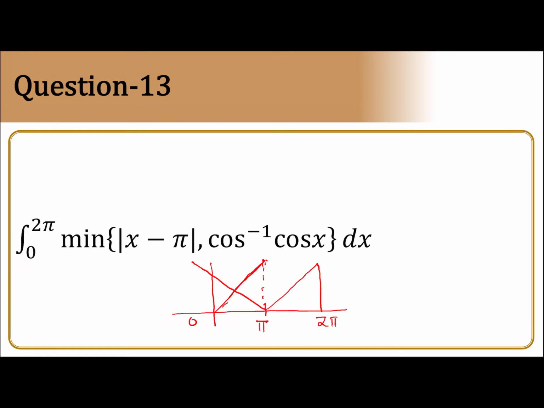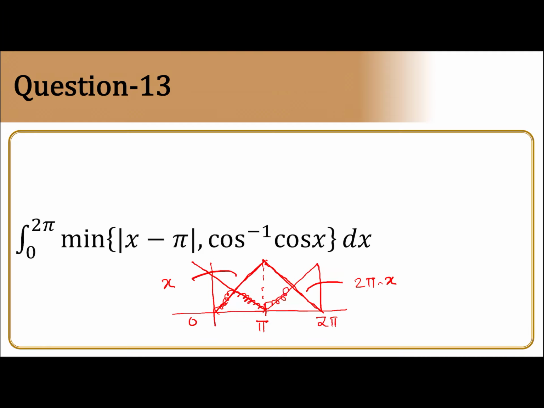This is equal to x between 0 to pi, and this is equal to 2 pi minus x. This equation is 2 pi minus x, and this line is x. This is the graph. So please remember the graph of cos inverse of cos x. It is always positive. It's like a mountain. In childhood, you have drawn the mountains. So minimum. The talking of minima means this is the minima.